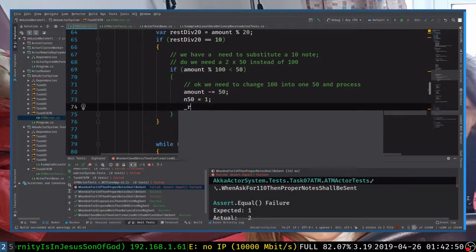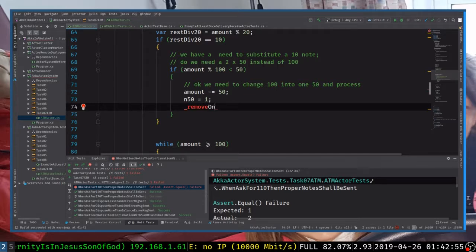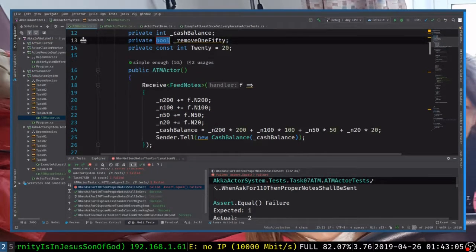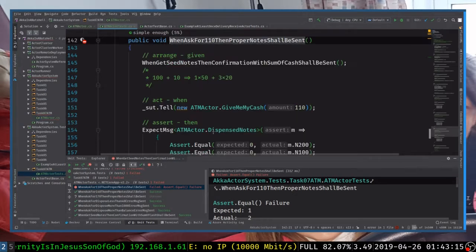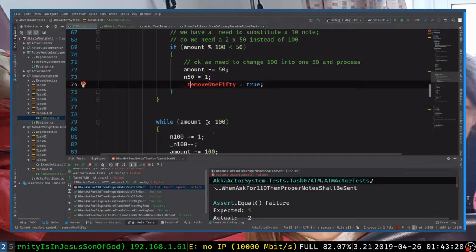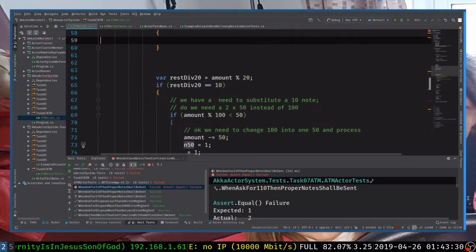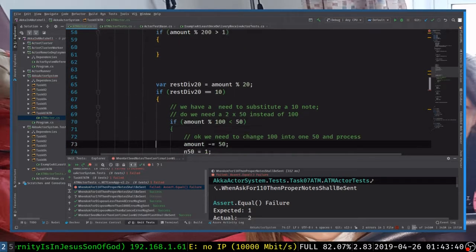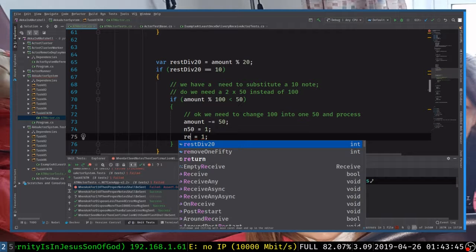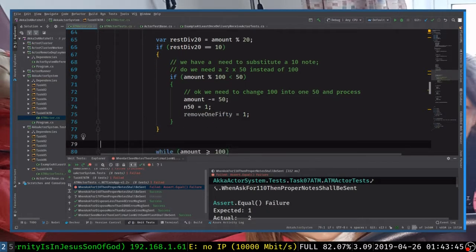So let's do a flag. Maybe not a field. It should be rather, we have all those guys right here. Equals 1,